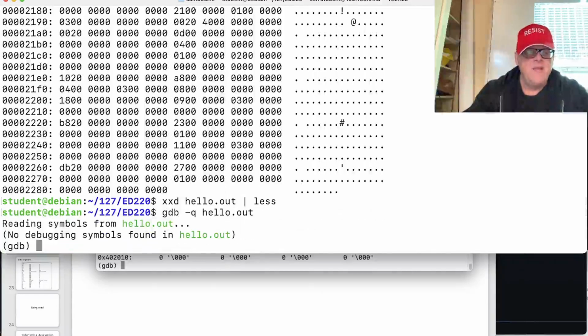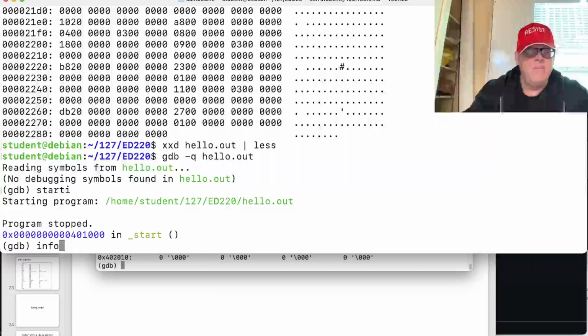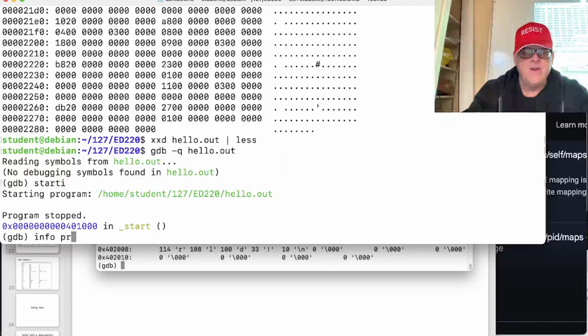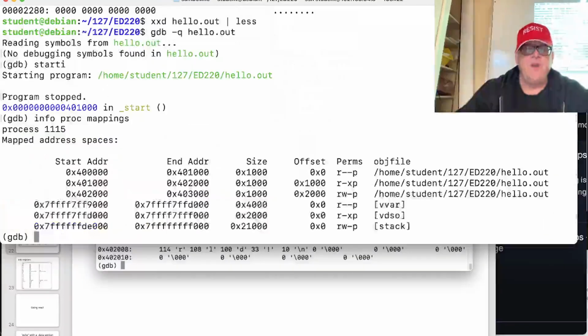All right. And then I do start, then I do info. I can make it a little bit smaller. Okay, proc mappings, and make this a little bit wider. All right. And so here's the various sections, and I can look at them. If I do x, say 10x, starting here,